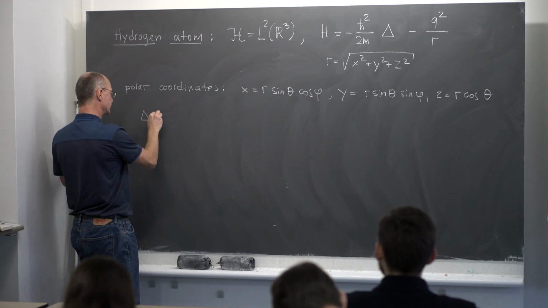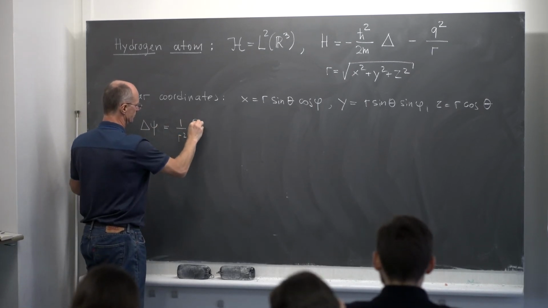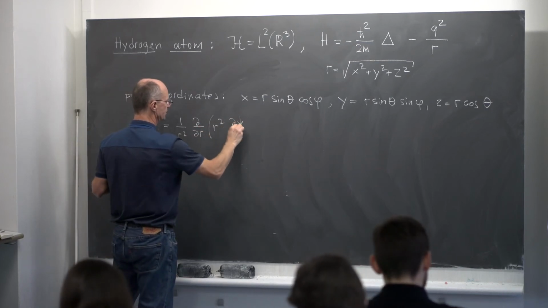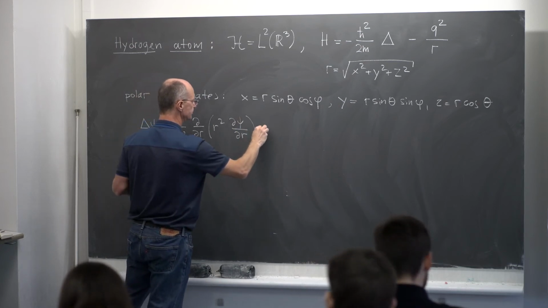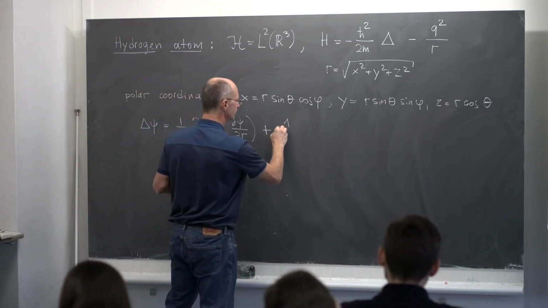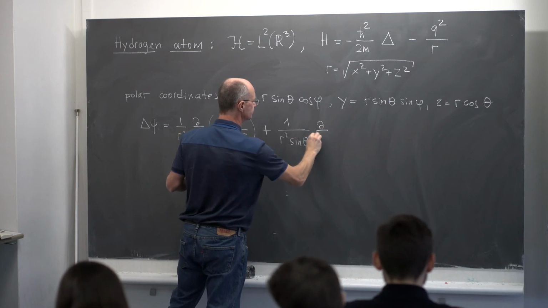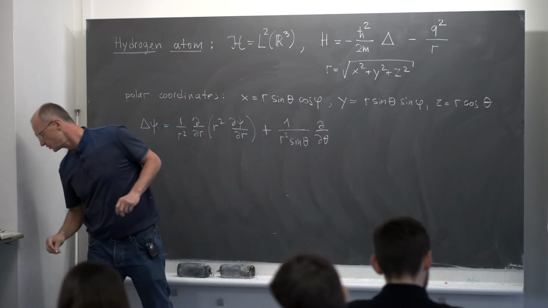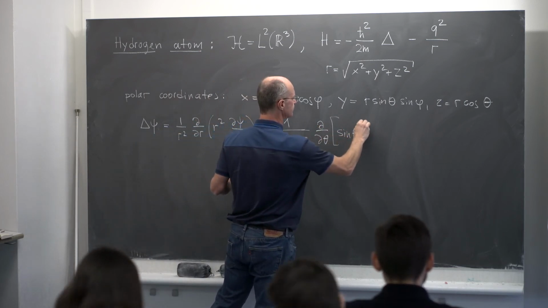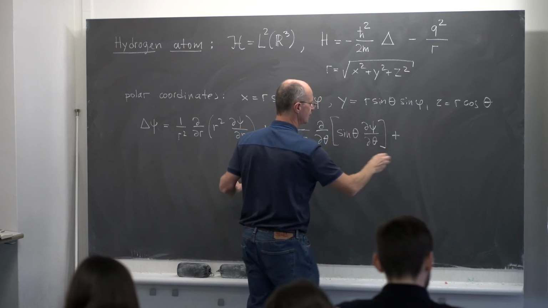Let me write the Laplacian of some function psi. This is 1 over r squared d over dr, r squared d psi over dr, plus 1 over r squared sine squared theta, I think d over d theta, and then probably again sine theta, plus